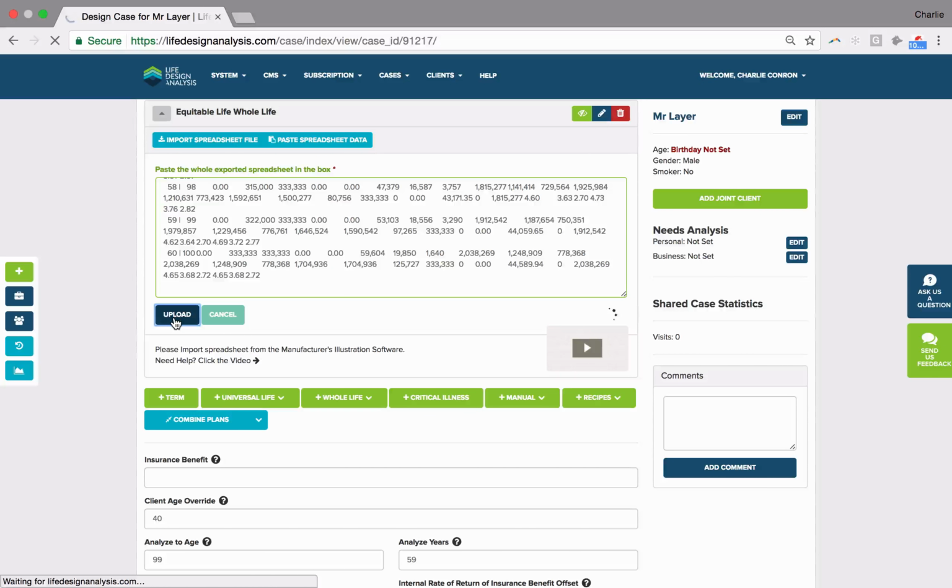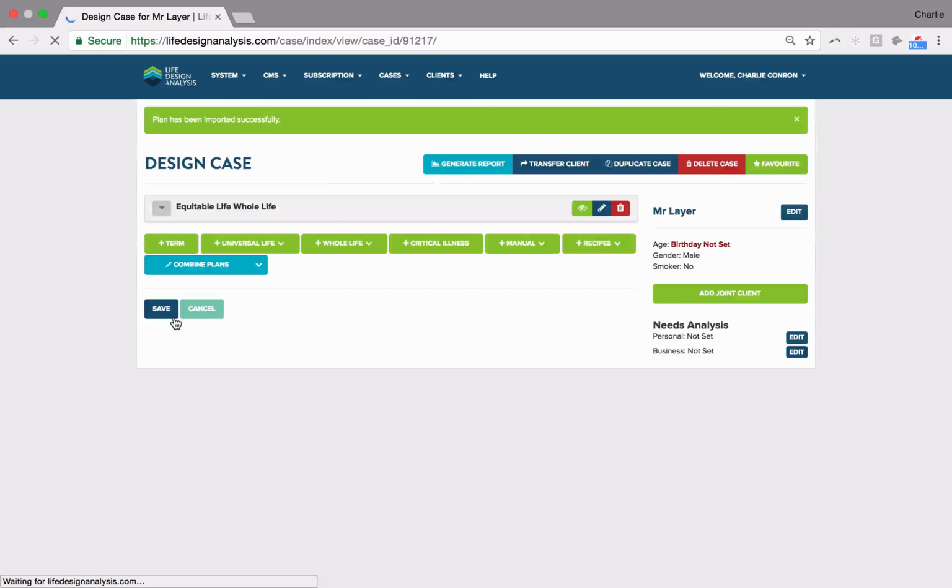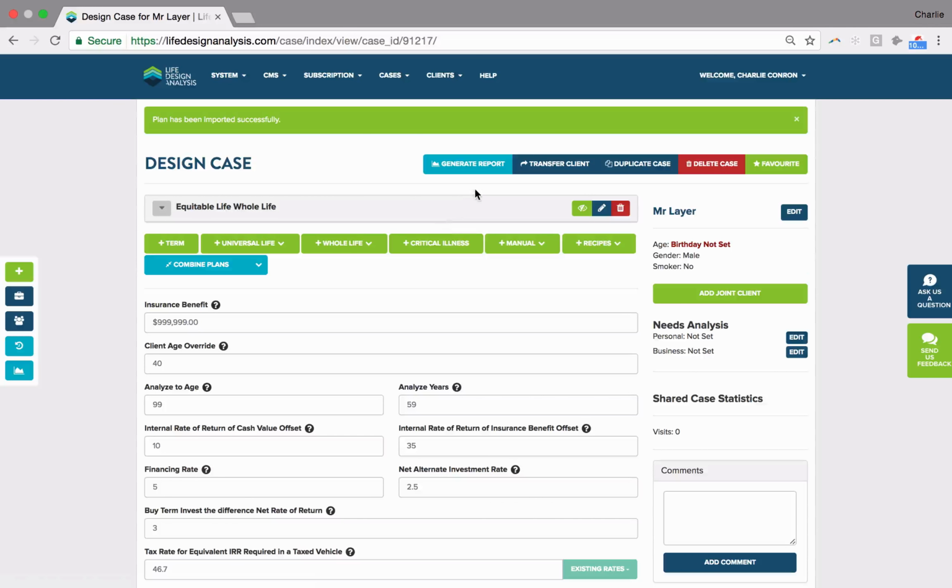Now, sometimes we want to layer products that don't offer riders, especially multiple riders, and I want to show you a way to do that as well. So let's take a look at the second way that we can layer. I'm going to start with the same sort of case, and I'm going to say we want